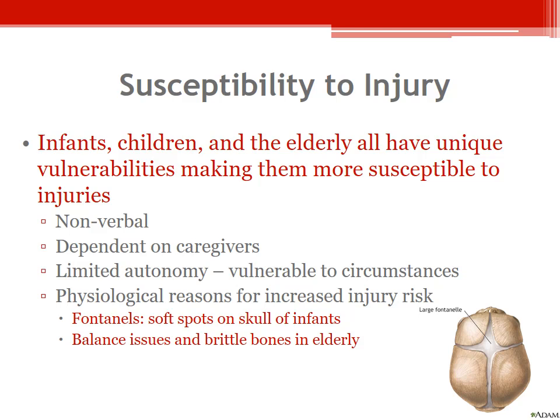And of course, elderly populations, due to osteoporosis and other brittling conditions, will tend to have brittler bones, brittler or absent cartilage, tendons more susceptible to injury as well. And of course, there could be vestibular or balance issues that happen as we get older that make us more likely to fall.